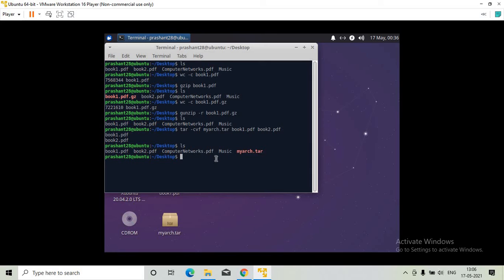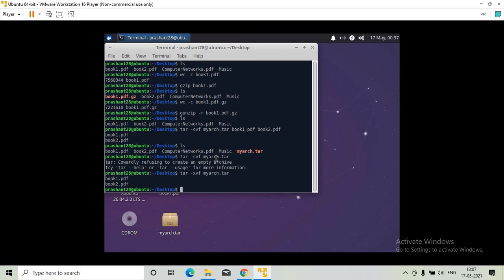Now I want to extract from this particular archive. How do we do that? I tried -cvf with myarc.tar, but it is rejecting, because I have to use a different option. We make use of tar -xvf myarc.tar.